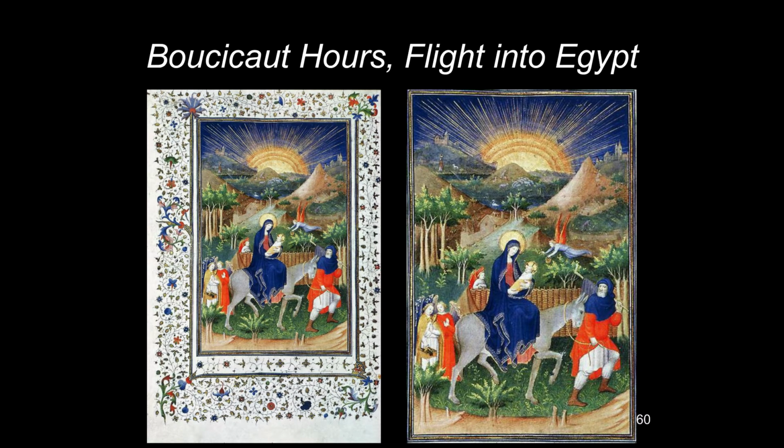And here you see the flight into Egypt. Once again, same things we talked about, where you have the figures in the foreground, our two little page boy angels accompanying the Holy Family. Joseph is leading the donkey. Mary is riding on it, holding the swaddled Christ child. You have your little trees in the foreground, but then you have this spacious hilly landscape going right back to the rising or the setting of a golden sun.